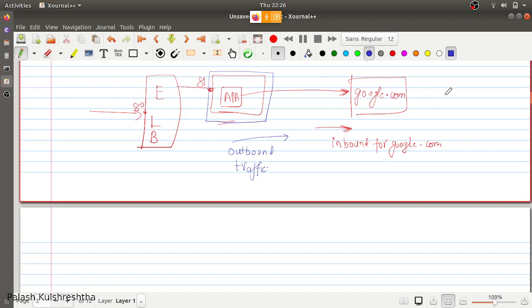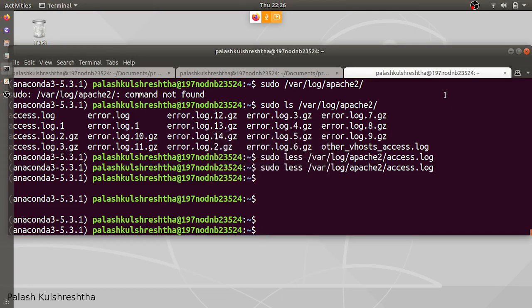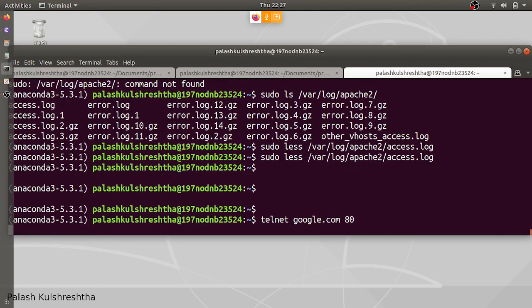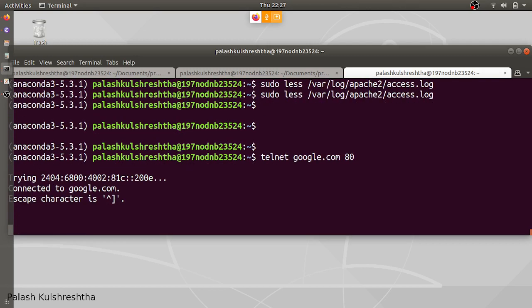So how are we going to check connectivity from your server to google.com? What we are going to do is use the telnet command. Telnet google.com port 80. So it is saying that it is not able to connect. No, it is able to connect.